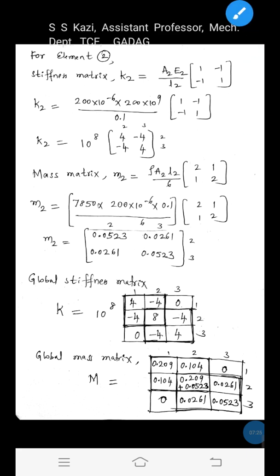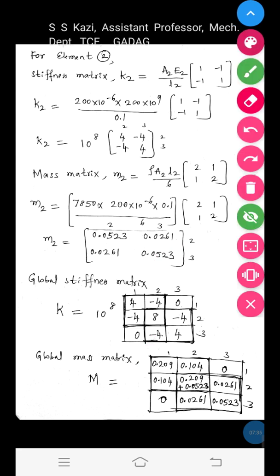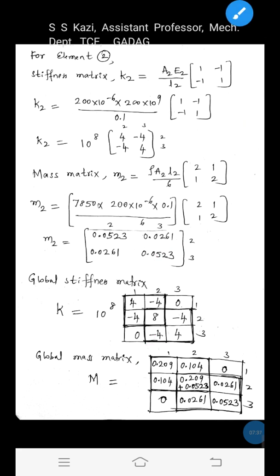Next, once we generate the stiffness matrices and mass matrices for both the elements, let us generate the global stiffness matrix and global mass matrix by using the procedure we have adopted for global stiffness matrix generation in module 2 and module 3 for the analysis of truss, beams and bars. Global stiffness matrix, you know how to generate.